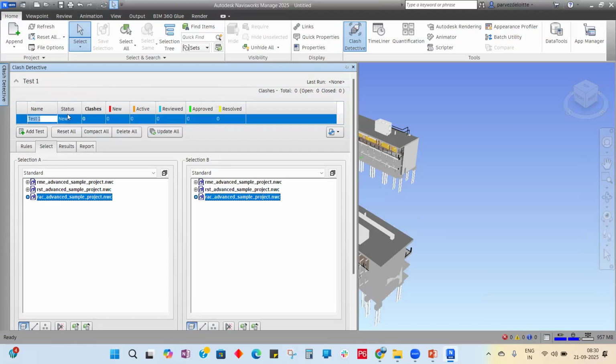Now, what are the things we can add over here? We can add the name of the test. So, Mechanical MEP versus Structure, this is how we perform tests and write the names. MEP versus Structure. Okay, for convenience, or you can use any name as per your understanding. If you think that,